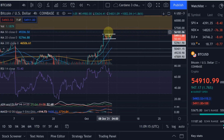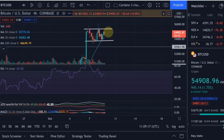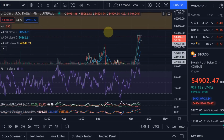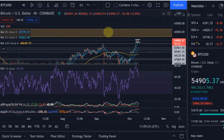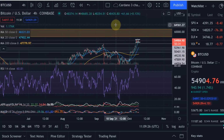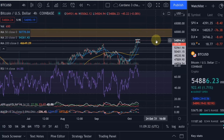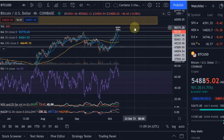Again, no guarantee that the breakout to the upside will happen, but I think in the short term, we will see further price increases before we can face some serious resistance at the all-time high. If we get there, as I said, we face a lot of resistance here. And I also pre-warned you in a previous video that this could